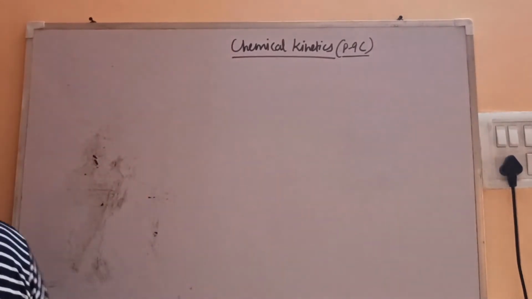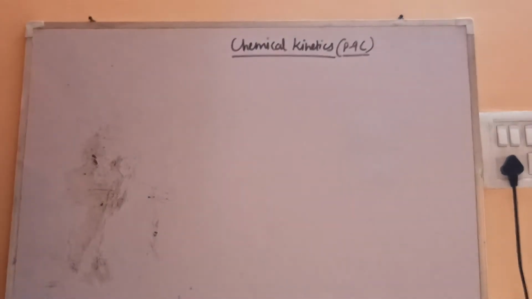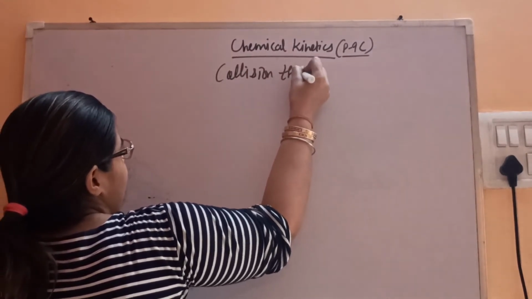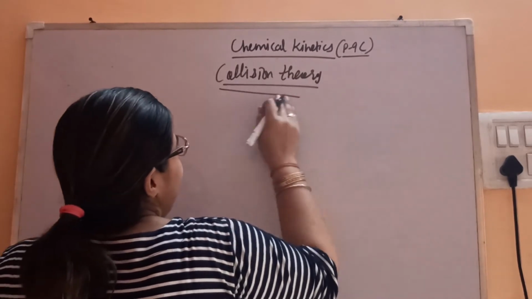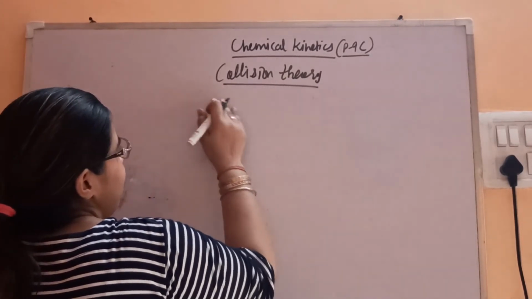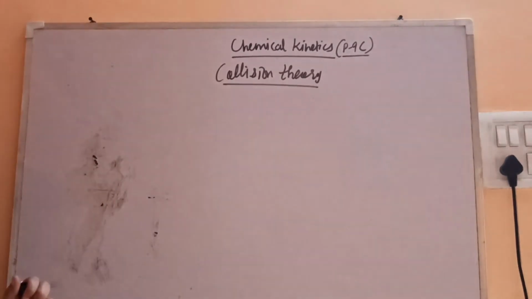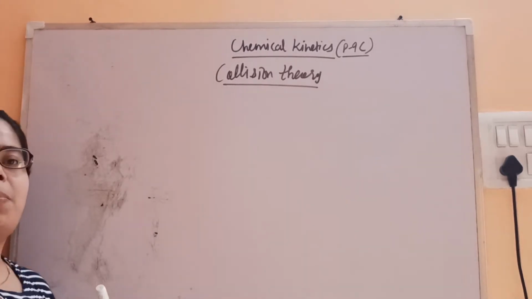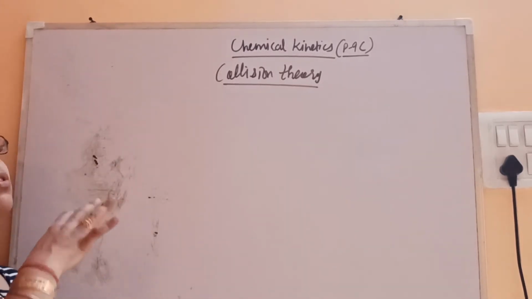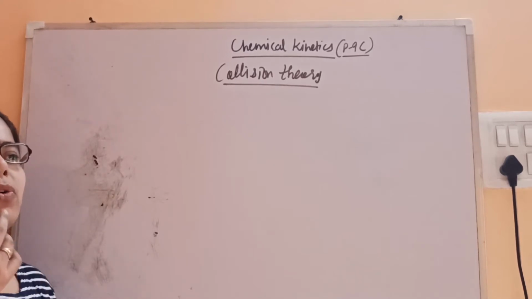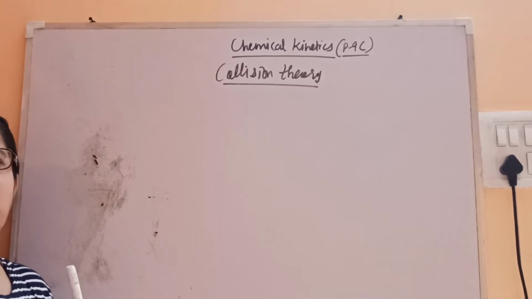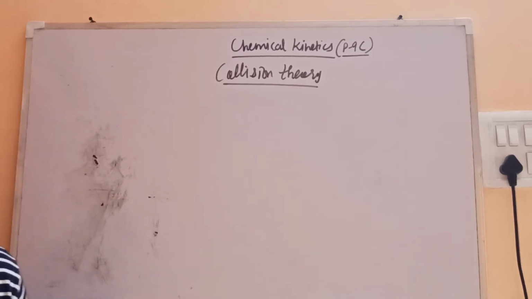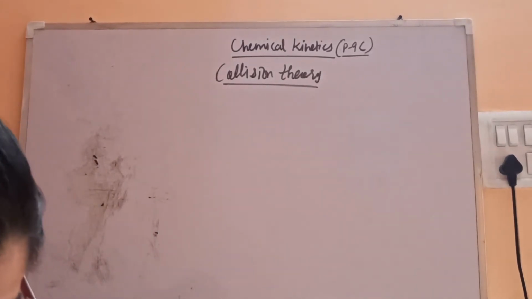Otherwise it's simple. Now let's talk about the last part of this chapter, that is collision theory. Only the elementary idea is there in your syllabus. Quantitative part is not there. Whatever we have discussed till now regarding temperature effect on the rate of reaction is totally based on the theory of collision, because every time we are talking about collision, effective collision, rate of collision and so on. So let's talk about this theory. What is collision theory actually?